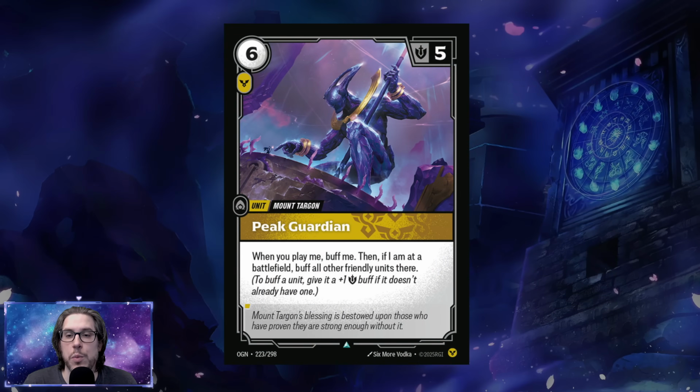Now, lastly, we have Order, and we have the Peak, as it were, Peak Guardian: 6 energy, 1 power, 5 might. When you play me, buff me. Then, if I am at a battlefield, buff all other friendly units there. This is scary for a lot of reasons, but namely just the most obvious example that I'm going to give